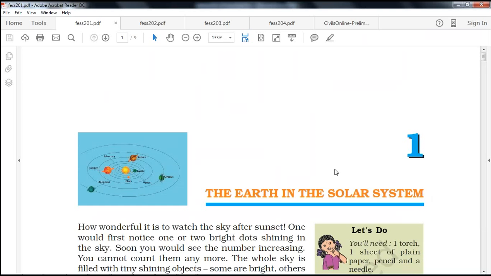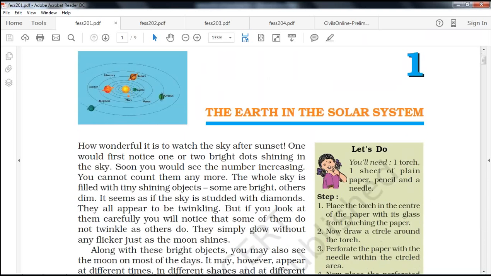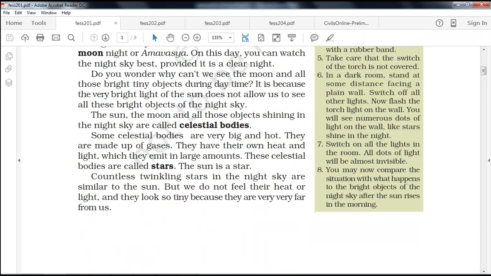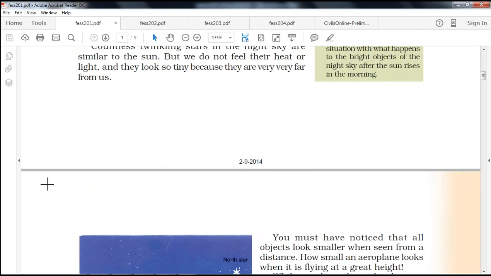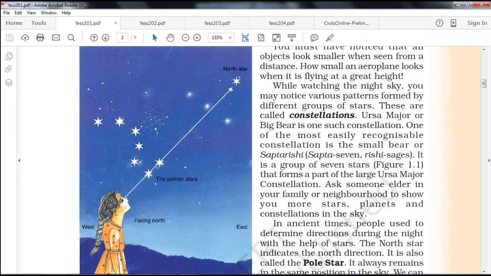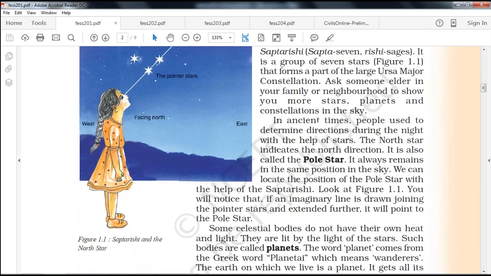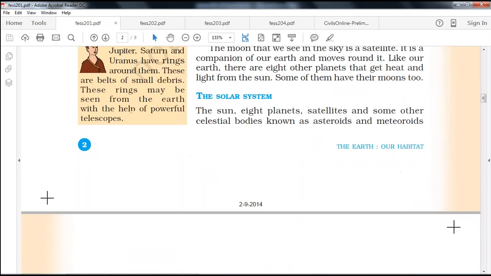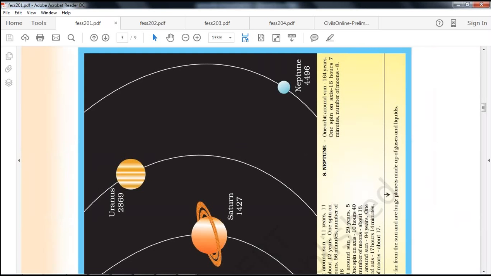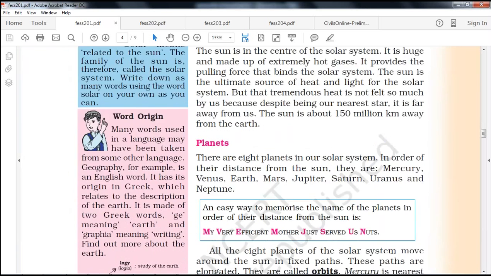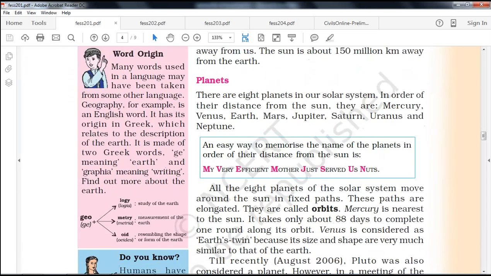So, Earth in the Solar System. We went through this NCERT PDF document. We realized what celestial bodies are, what stars are, what planets are, what the solar system is, and how to find directions using constellations, that is formations of stars, what Saptarshimandal is, what the pole star is, the planets around the sun in the solar system, and how to memorize the planets' order,